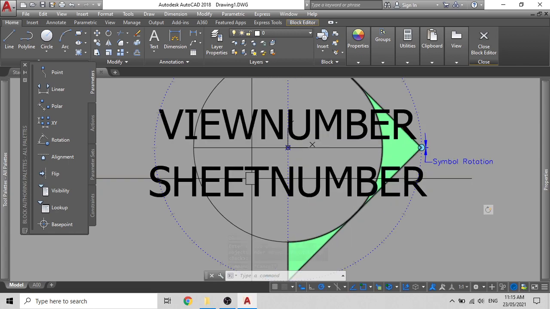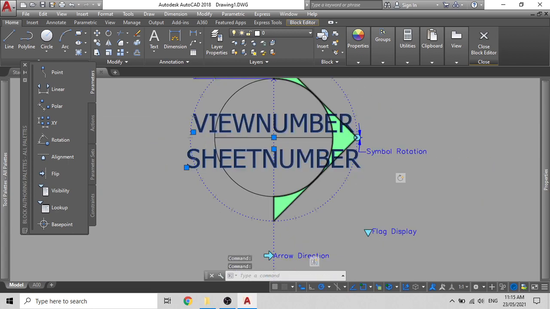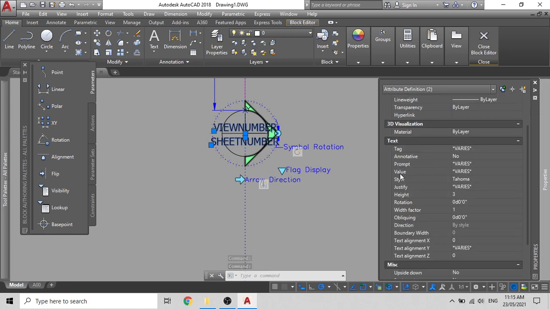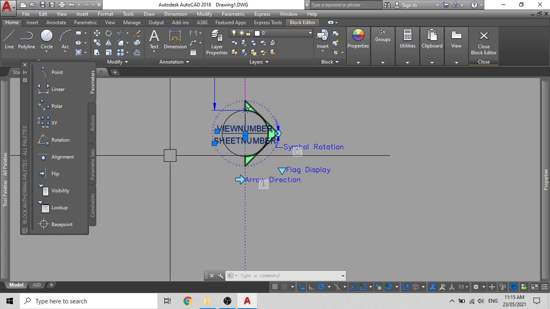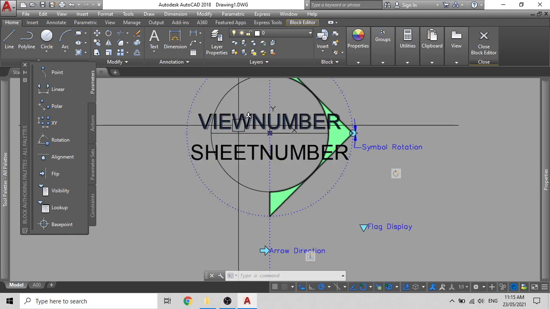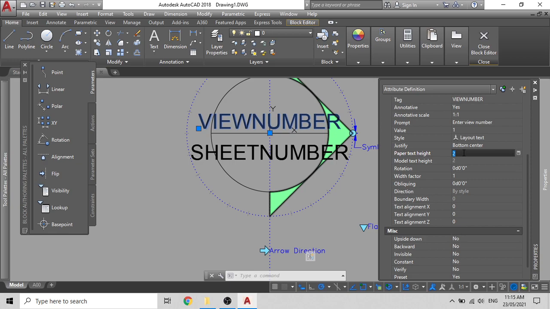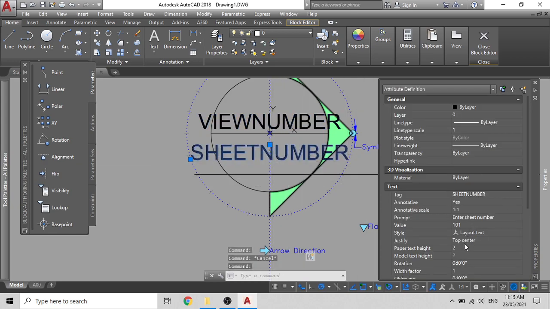Now the last setup that we will do is simply click on these two texts, select them. They have to be in attributes. You don't have to make changes there. And we will change the style of it from Tahoma or anything to layout text. Now as you can see, it has become smaller. So remember, the top one has to be 2 mm in height, and the bottom one has to be 2.5 mm in height.